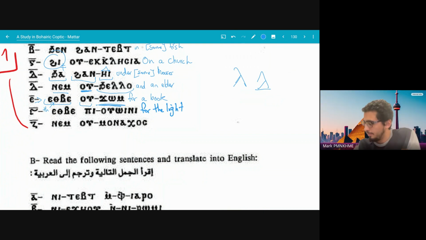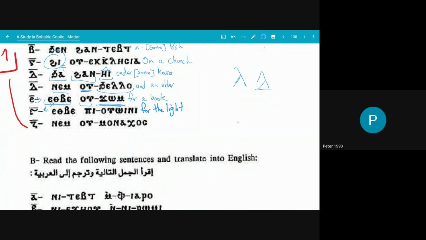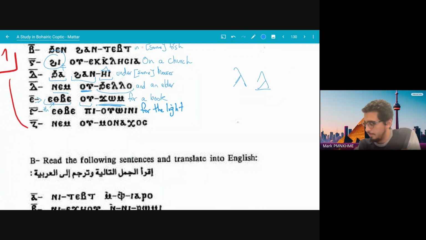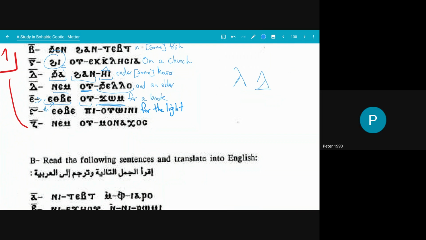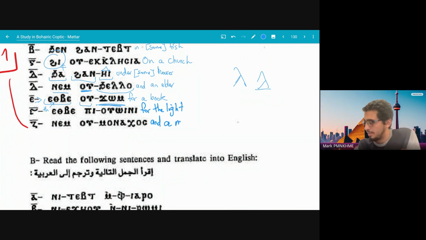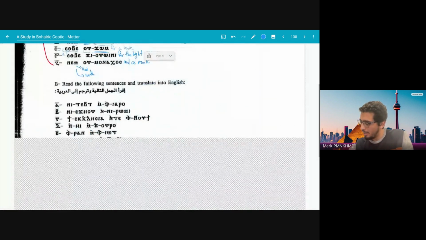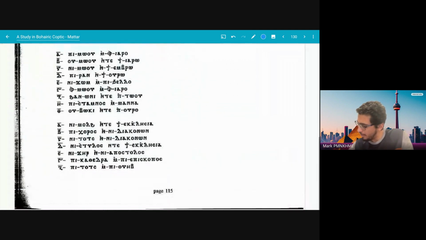Nem, and monachos. I guess it's like a monk. Yes, a monk. Remember that nem also means with, and it will make a lot of sense when you get the grammar. This means and, and it means with. You're basically adding two things together. So I guess it's still the same. All right, I think we are good here on this page.